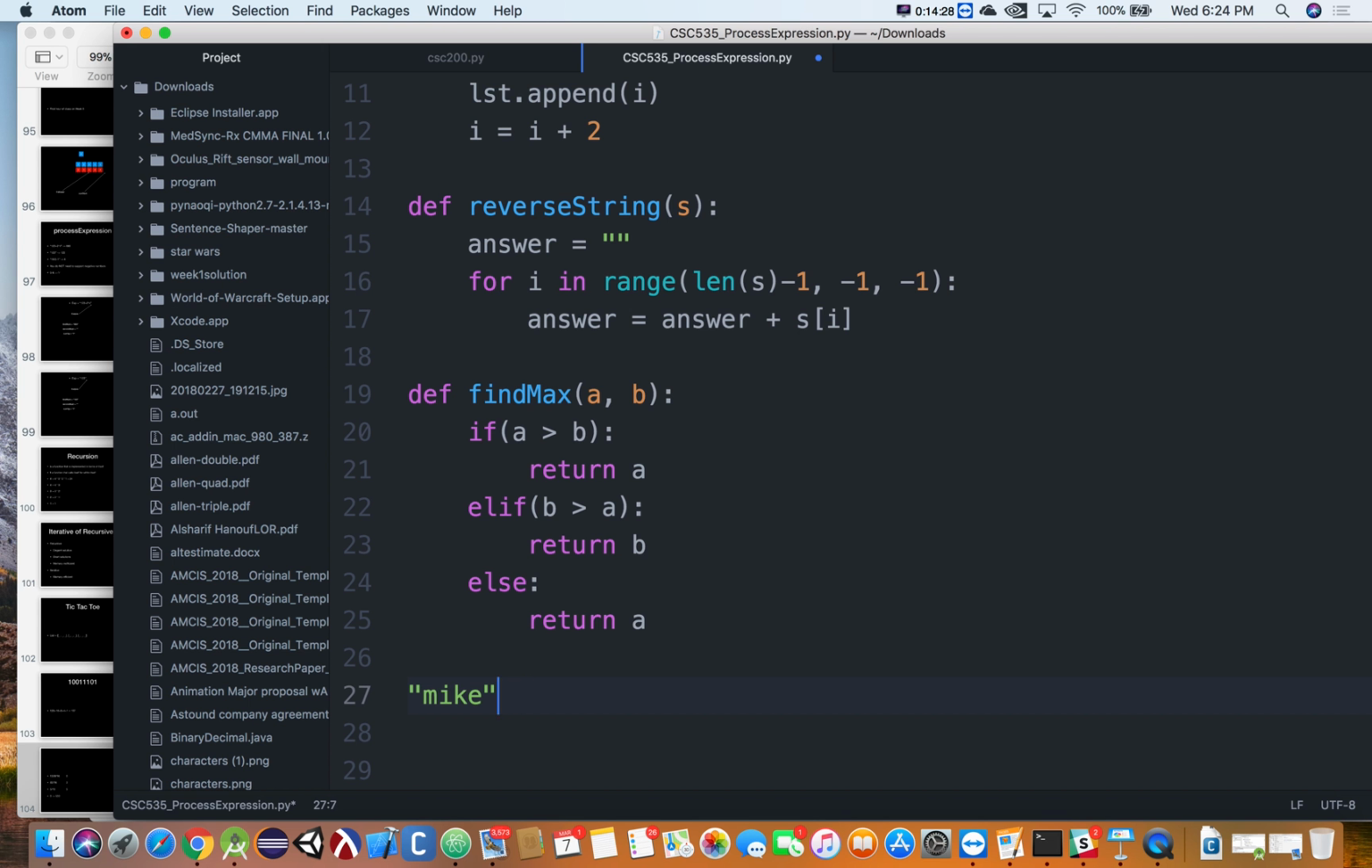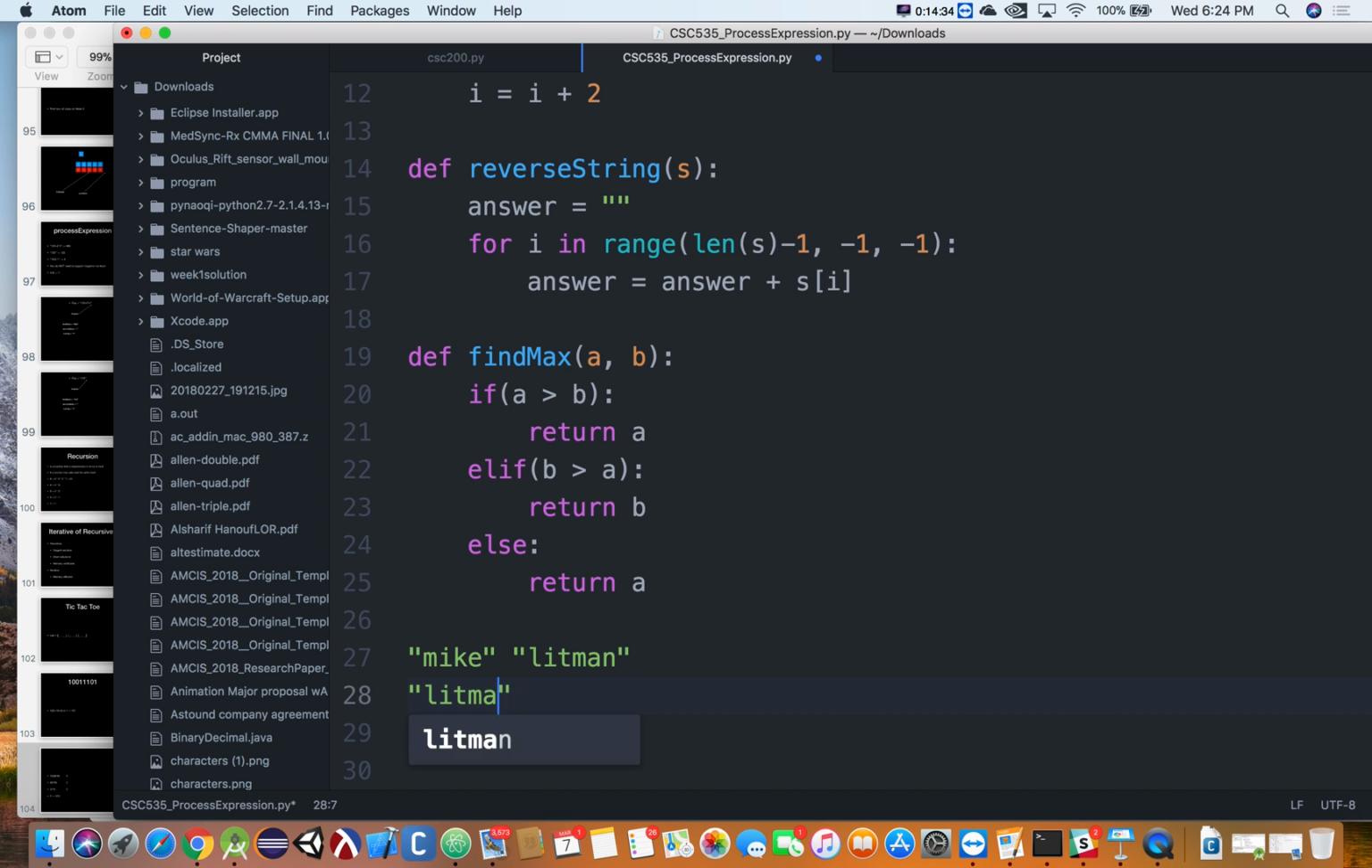Mike and Lippman, since the second string is longer, it would have built that result. The second string followed by the first string. So the longer string will be first, the shorter string will be concatenated onto the end of that. Make sense? All right, so